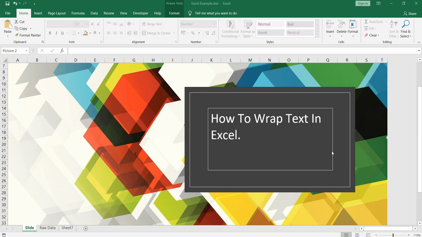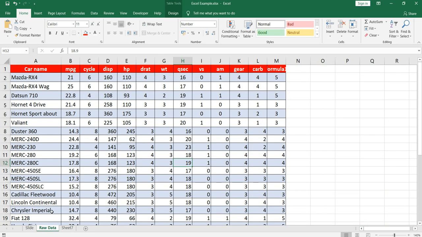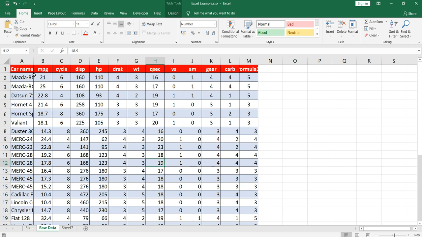In this video, I'm going to show you how you can wrap your text into a cell. So, have you ever encountered a situation where your cell length can be a specific number, but you have to show the value correctly or appropriately? It should display correctly, right? So how would you do that?